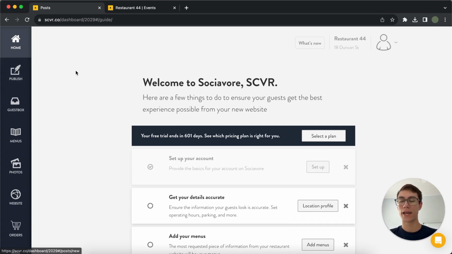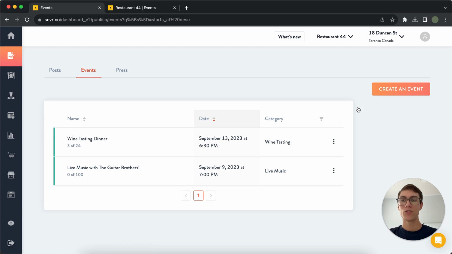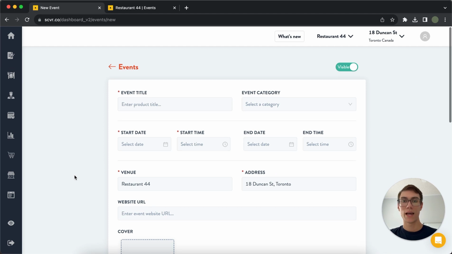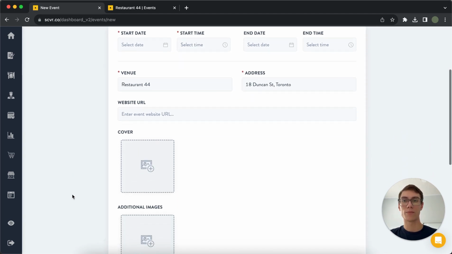Then you'll land on a screen like this, and you can find the Events Manager under Publish and the Events tab. So here we can see on my restaurant, we already have a couple events that are currently live. But if you want to create a new one, all you have to do is click the Create an Event button. And here, this is all going to be the information that you want to display as a part of